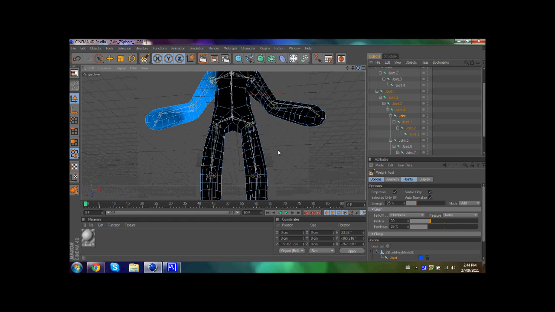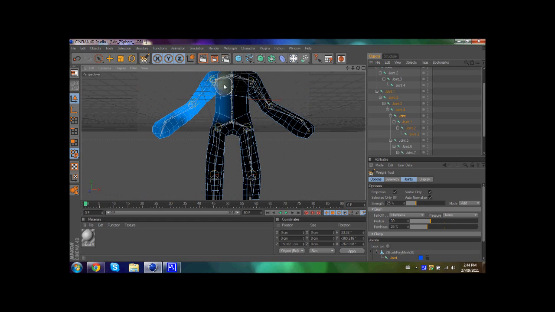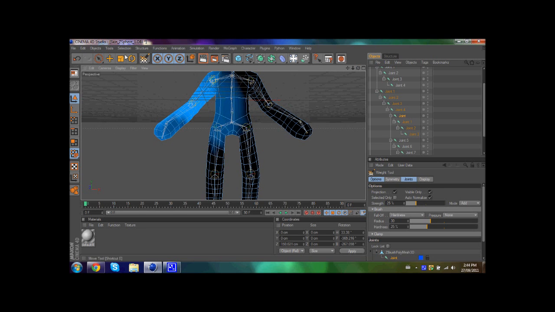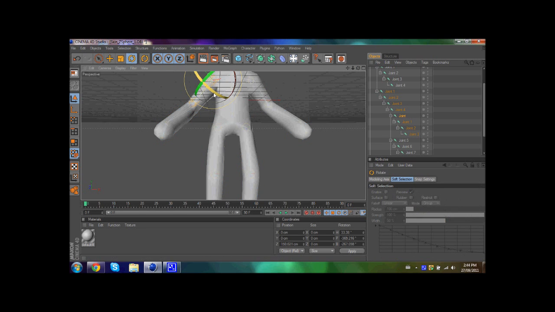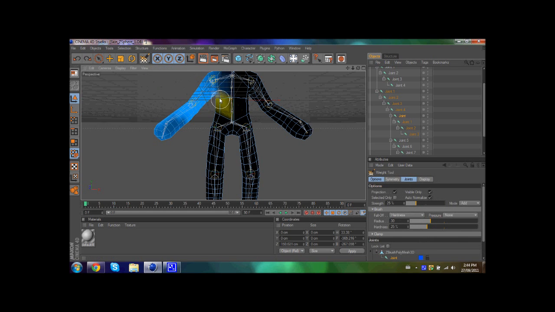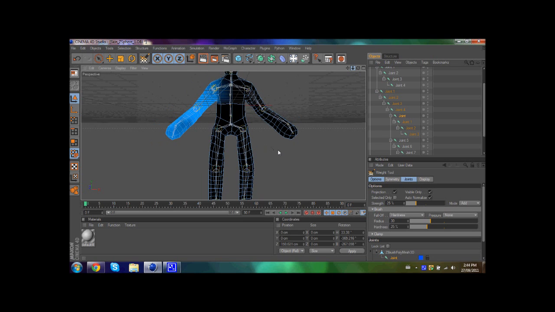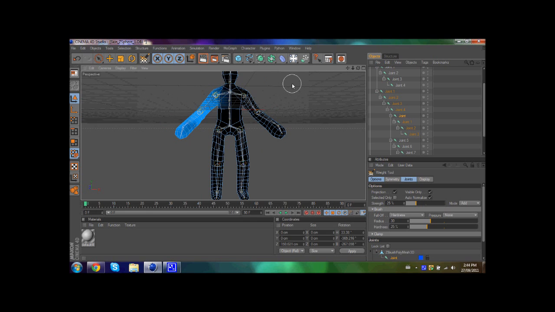So now with that, I'm actually going to show you an example. I'm just going to color all this in, and then now if I change it back to the rotating tool, it should move all of that, which obviously you don't want. So I'm just going to undo that. Weight tool, see, and now it's back. For some reason this part does not want to move, but it should move if you put it in the right position. I didn't put it in the right position,